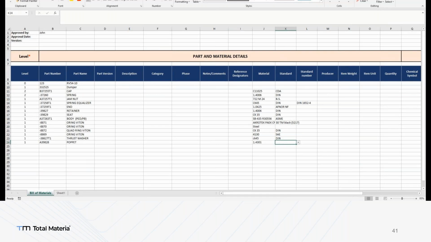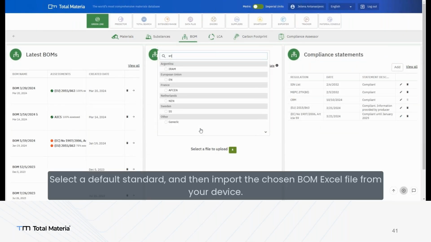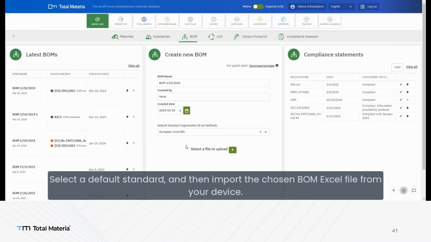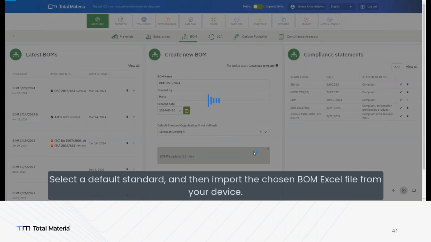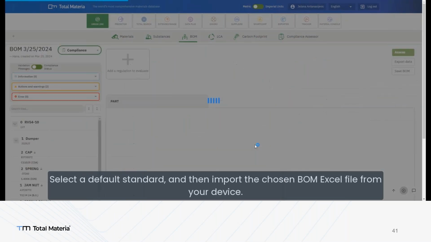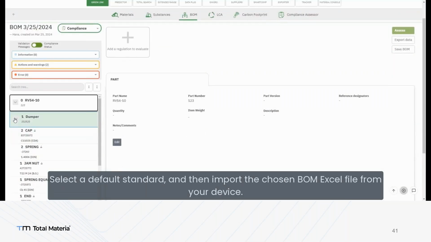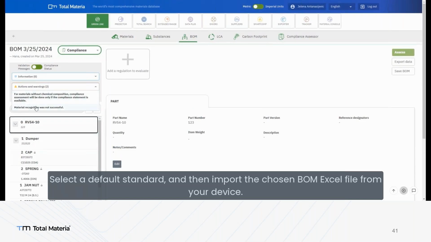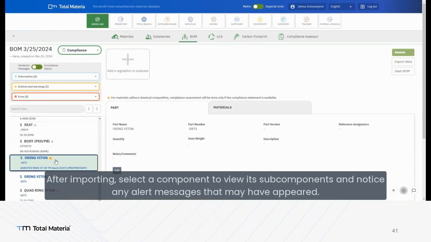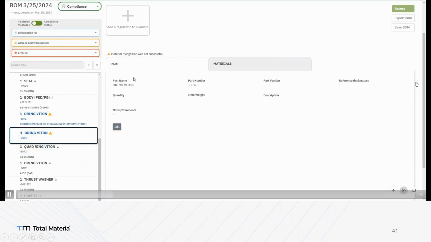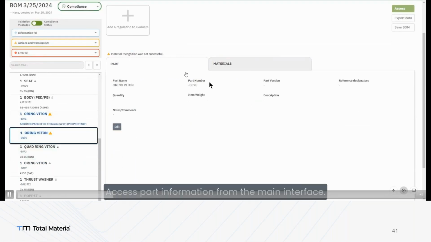All you need is to fill in the material information here and upload and import inside a new BOM, bill of materials, to check if all these materials are compliant according to different regulations, right? At the same time, up to 5 regulations, and you still have a huge amount of regulation lists.